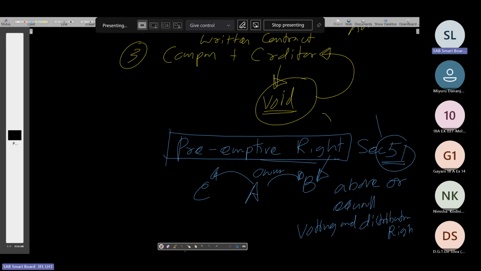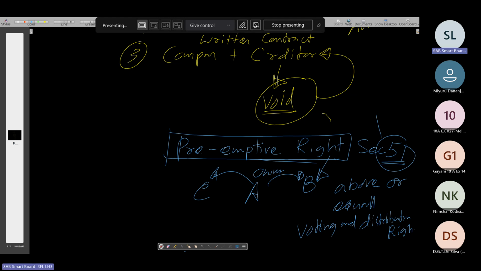After the reduction, within 10 working days, the company shall give notice of reduction to the registrar of companies by way of Form 8, right? By Form 8, the company will have to inform the registrar of companies. Then